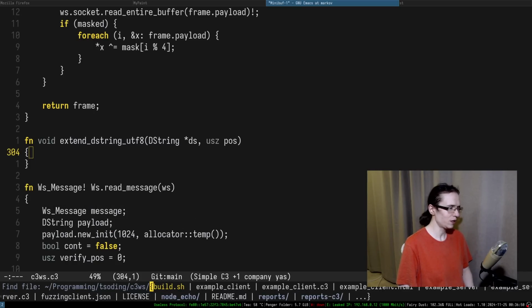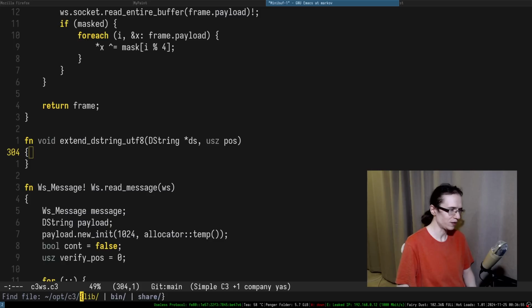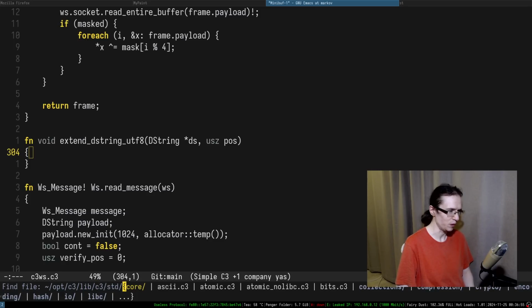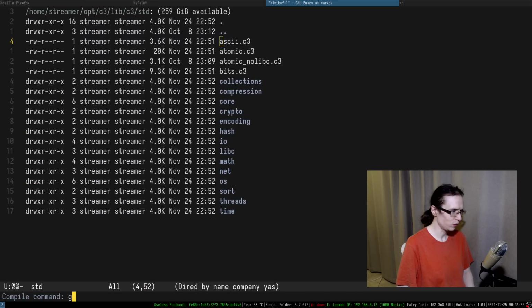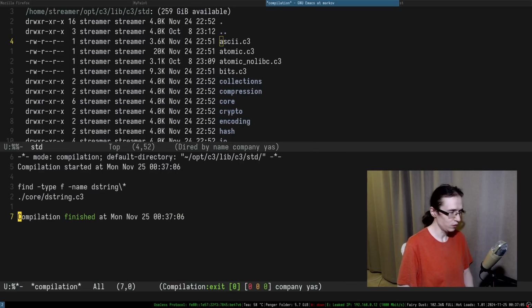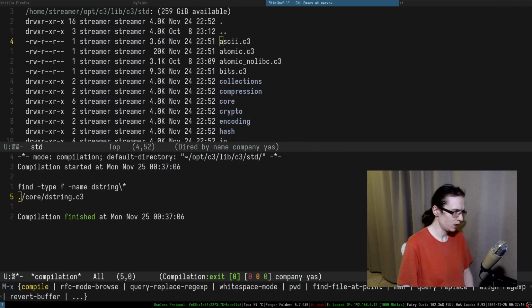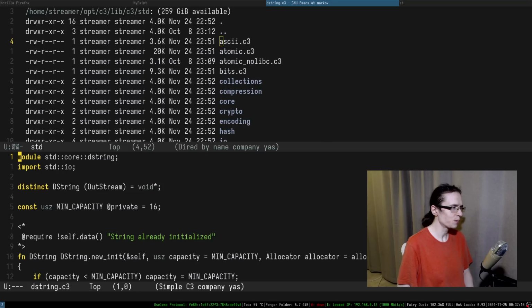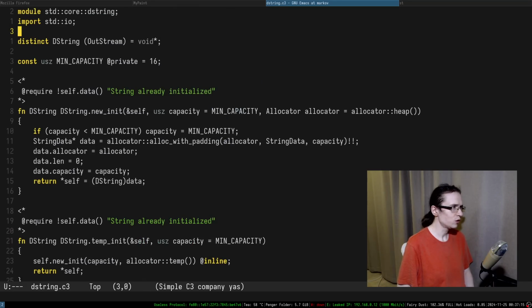But I want to take a look at the internals of this string, how exactly it is implemented, because I do not quite remember. So let me find, yeah, I think I can find the type for this string. So here it is. So let's actually go to find file at point. So what's the definition? It's a void star, bro. What the f